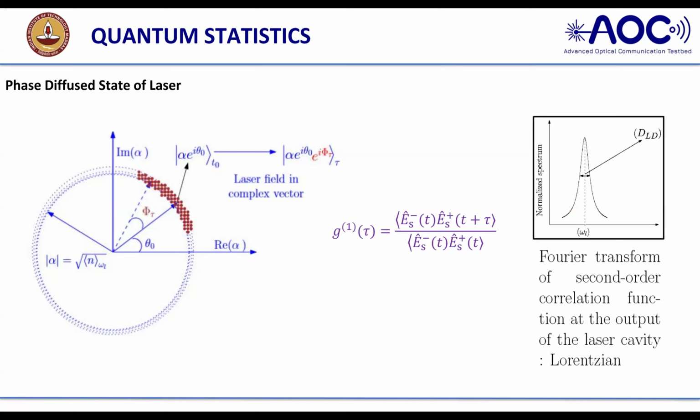As I told you, ideally I apply my quantum optics to quantum communication. But inherently, if you take the laser source, the laser has a line width. You can't get a perfectly monochromatic laser. It means that phase noise is already present in the laser source, right? So how to write that? Once you have the ideal laser, alpha e to the power minus i theta naught, and you add the phase diffusion of the laser, alpha e to the power i theta naught, i phi tau, it cannot be written very easily. I have written here i phi tau.